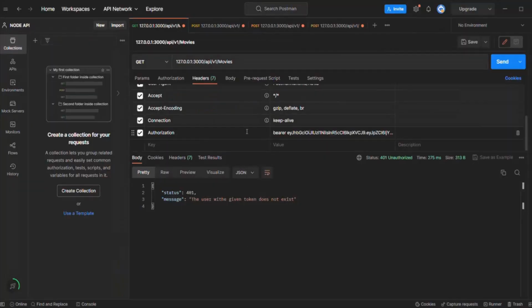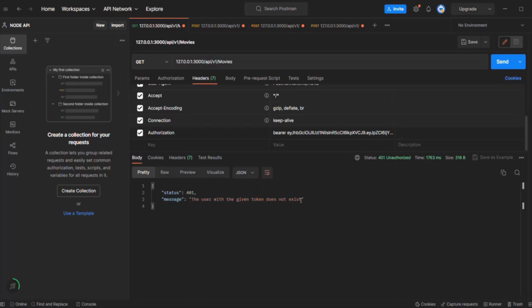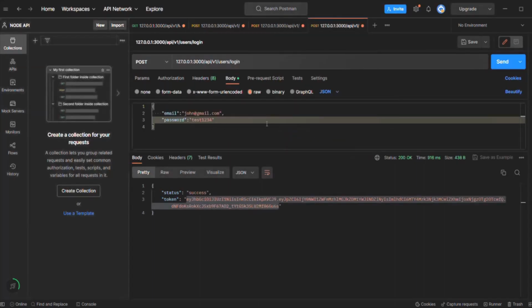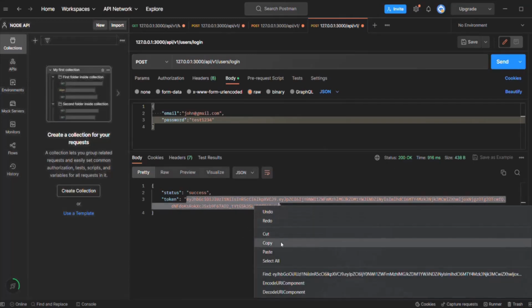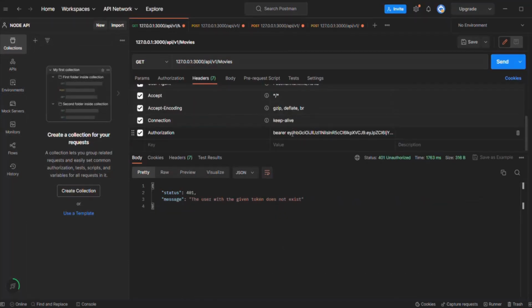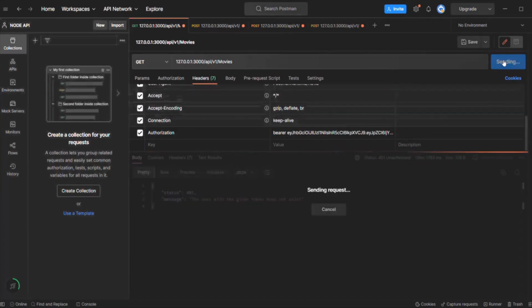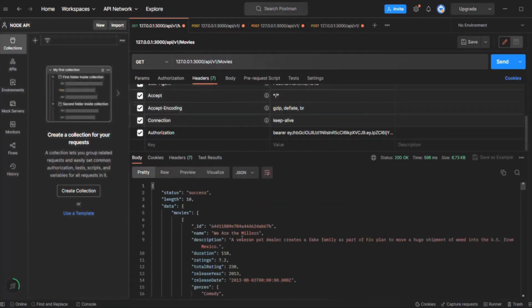Let's go back to Postman and let's make a request. And of course, the user with that given token does not exist. So let's go ahead and log in another user. So john@gmail.com, and the password is test1234. Let's log in this user, or maybe we can use this token itself because it would not have expired yet. So I'll copy it and use that token here. And now let's make the request. Okay, so now you can see all the movies we are getting in the response. If we go back to Visual Studio,